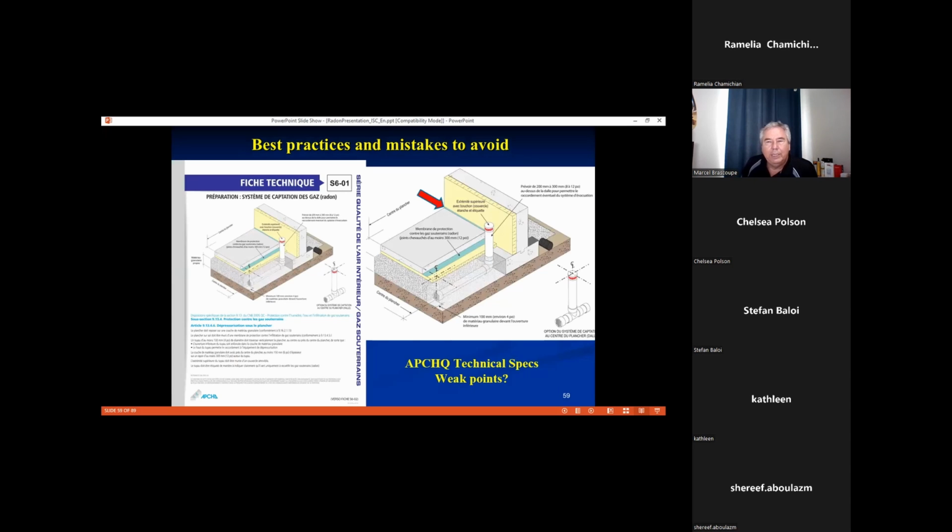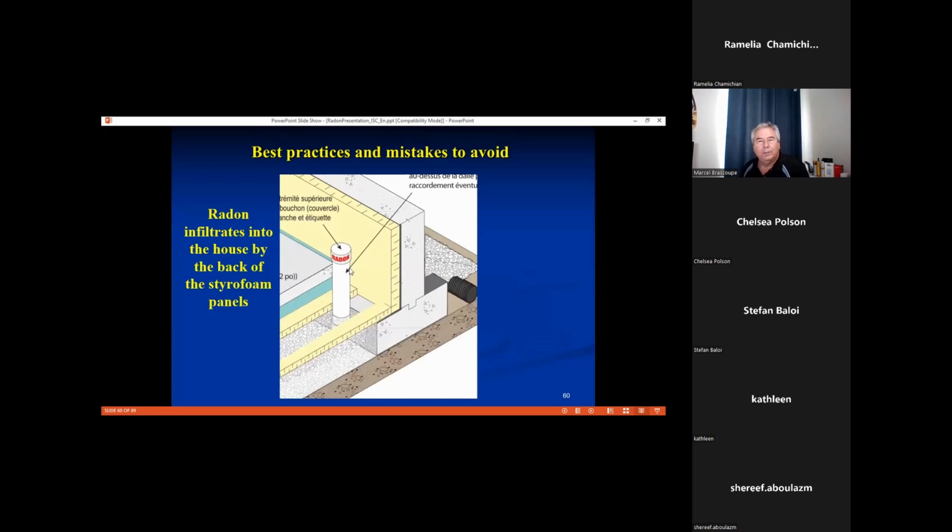So these are actually technical specs that are provided to a lot of plumbers and builders from the APCHQ in Quebec. Now let's look at the details here. What are their weak points? Essentially what they're giving you as information is that you have styrofoam panels on the wall that sit on top of the footing. You have styrofoam panels on top of your crushed stone, and then you put your vapor barriers on top of the panels,